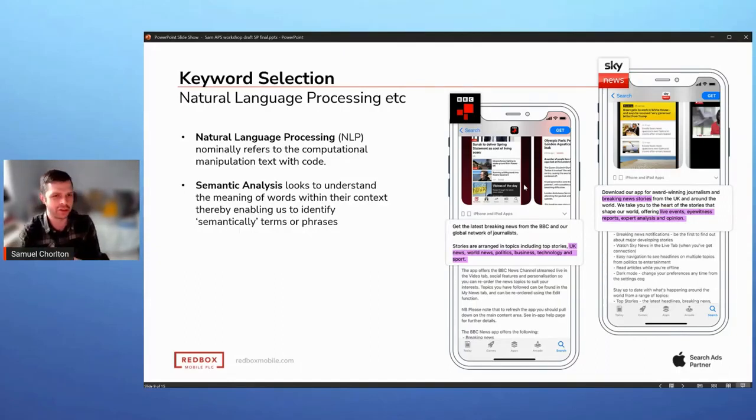I'm not going to make a start on trying to cover all of those, but one of the really important areas, from my perspective anyway, is something called semantic analysis. What we're trying to do there is not see it just as text on a page, but actually start to understand the context in which search terms and text are used to describe things.